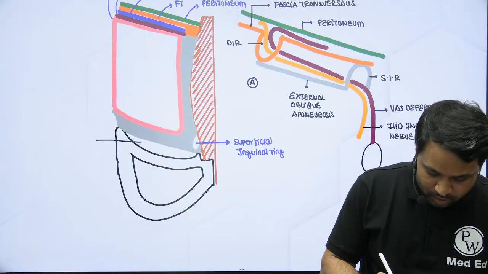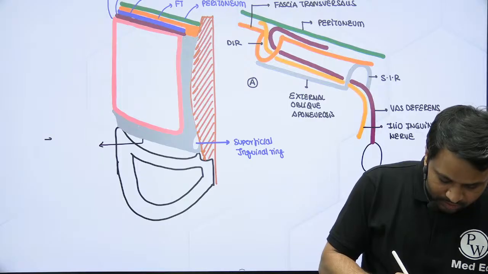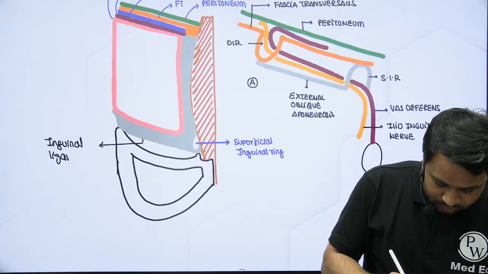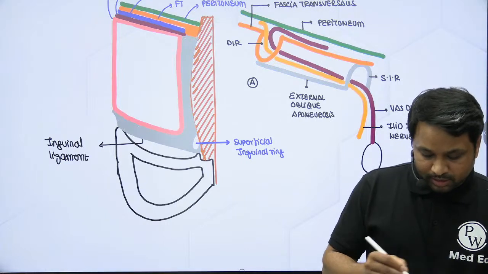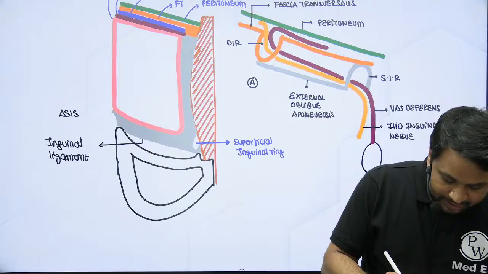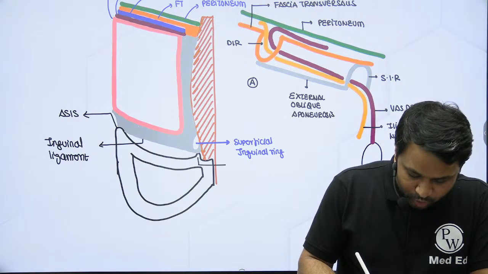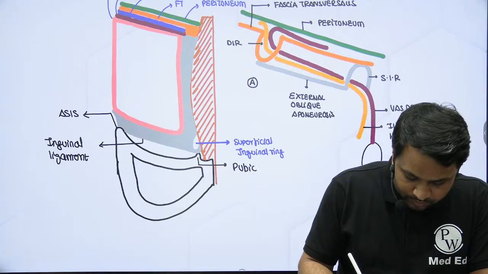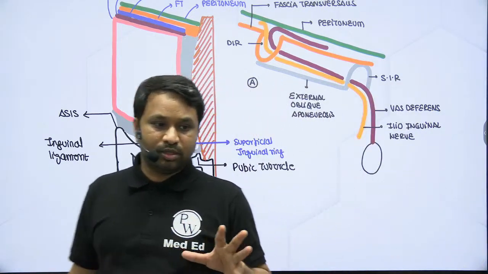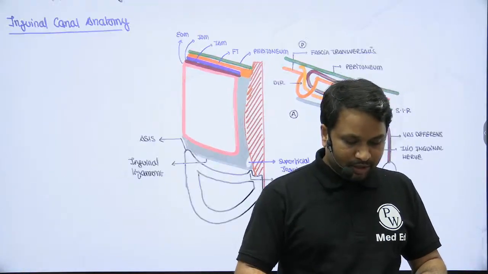at the bottom, this is what we call the inguinal ligament, right? Now the attachment of the inguinal ligament is going to be from the anterior superior iliac spine, which is called ASIS, and this attachment here is going to be with the pubic tubercle. Sorted? Okay. So this is your first orientation that you need to keep with respect to the anatomy of the